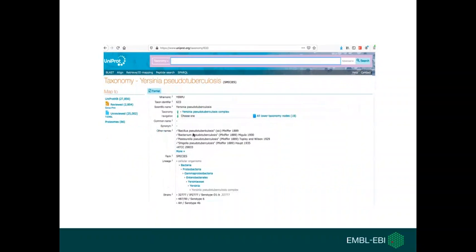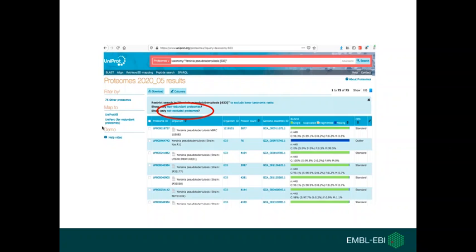So I clicked on the first one, and you're able to find your way. You can navigate up or down, taxonomy navigation. So you can go up until you find your species of interest. So in this case, this is the species level tax ID, under which there are 18 different nodes, which correspond to different strains of the same bacterium, for example. So the interesting thing here is that 66 proteomes were available, if you see on the filters on the left. So I clicked on that,